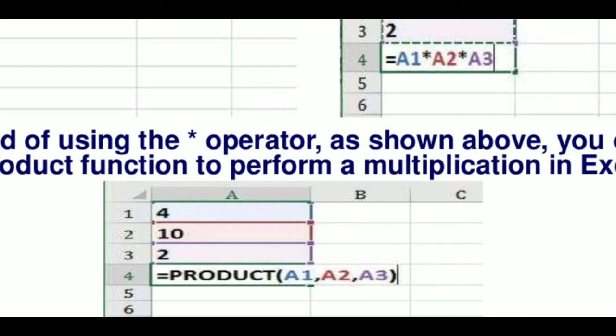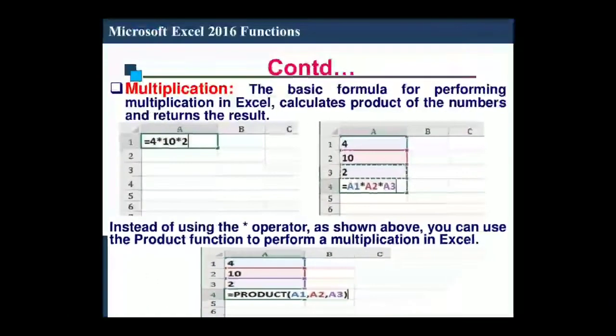The name of function is product and after that A1, A2, A3 and bracket closed. Then press enter key. Now these values will be multiplied using this function. So this is the method of using function and previous one was to use formula. We can do in any way that we like.